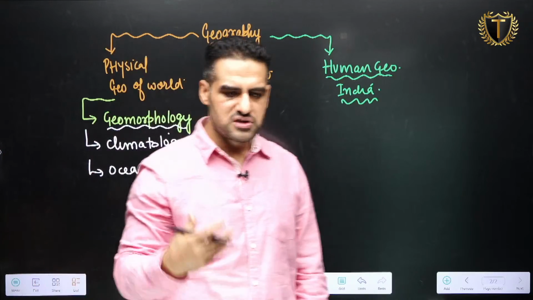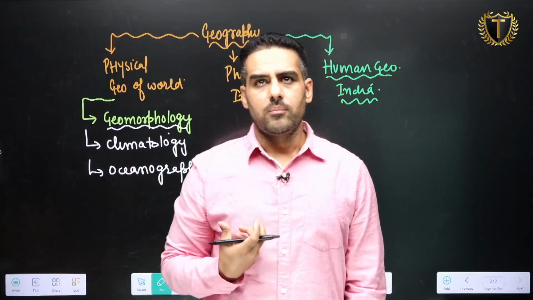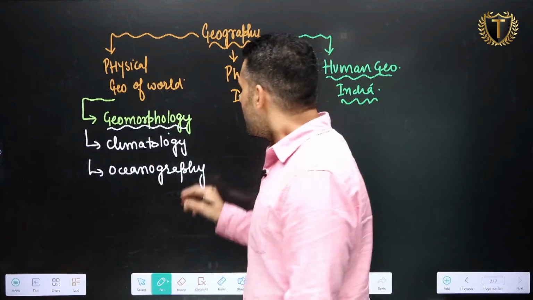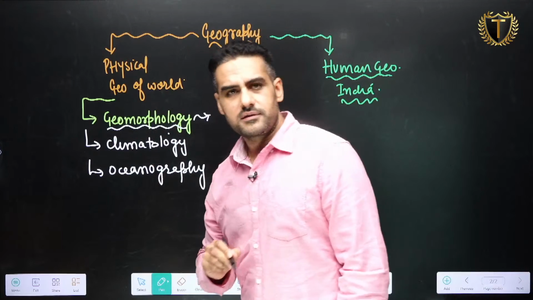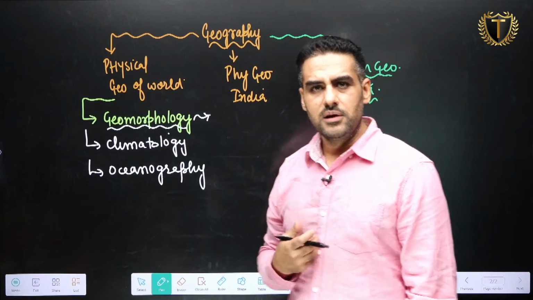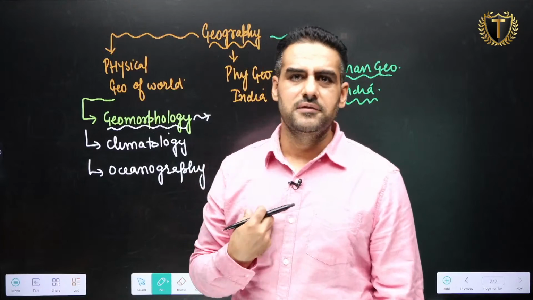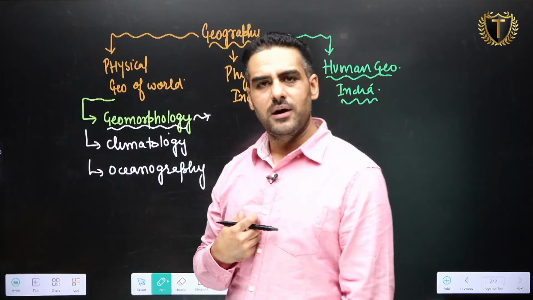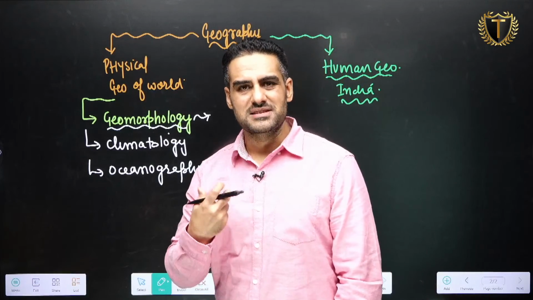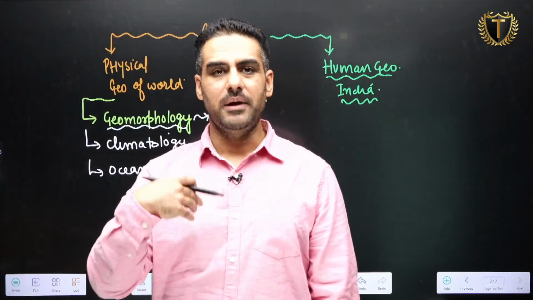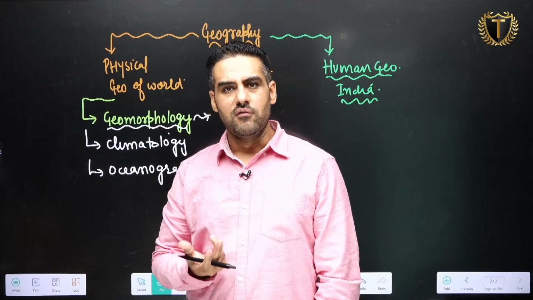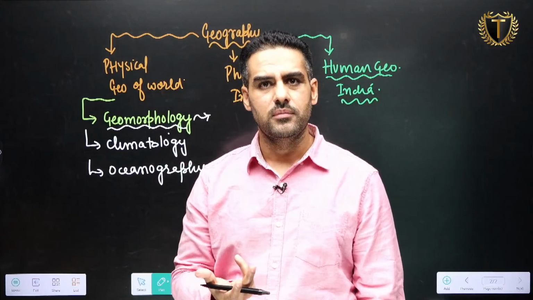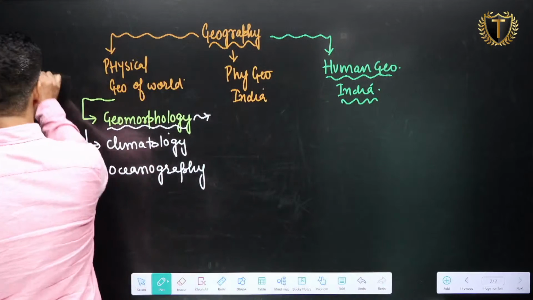Geo means earth, morphology means different features. Now, in this geomorphology part, what we are going to study is the origin of earth, interior of earth, plate tectonics, volcanic activities. We can call them geophysical phenomena also. Then we can discuss river profile, mechanism of earthquake, mechanism of volcano, some endogenetic and exogenetic forces. We will be discussing weathering, mass wasting, erosion, transportation, and yes, then there is a part on landforms.